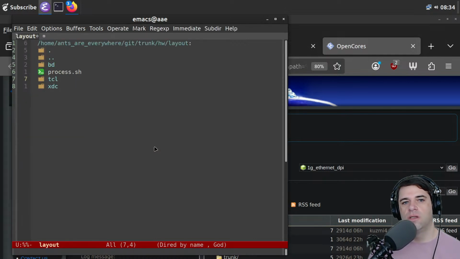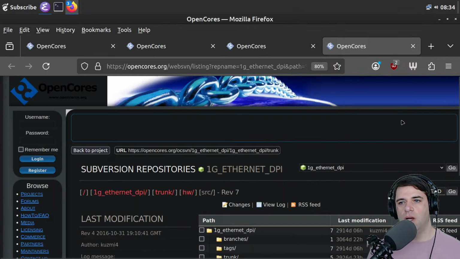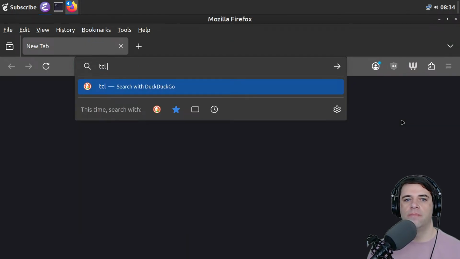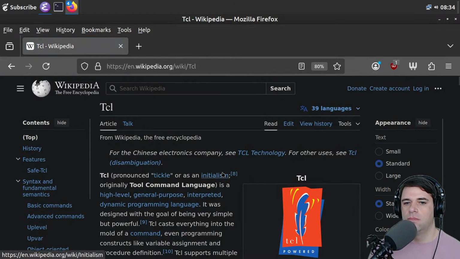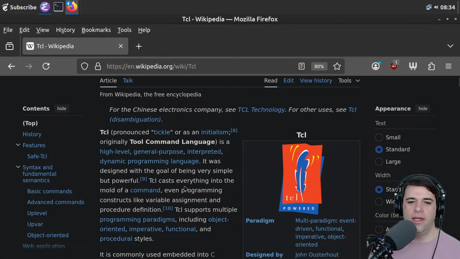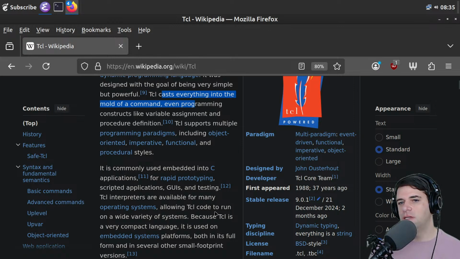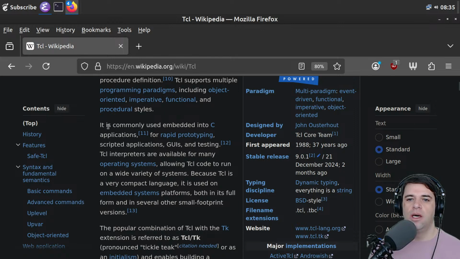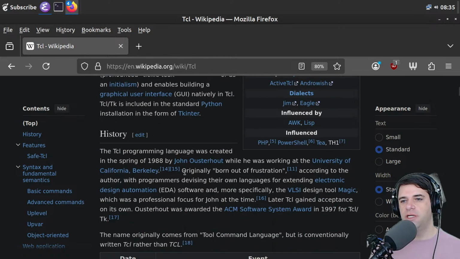BD, I'm going to guess, is board. Tickle, I don't know why people are using Tickle, but let's look it up. It's the tool command language, a high-level, general-purpose interpreted dynamic programming language. Very simple but powerful. It casts everything into the mold of a command, even programming assignments like variables. So this, it's not saying functional, but it sounds kind of functional. It's embedded into C applications for rapid prototyping, GUIs and testing. So has this basically been replaced by